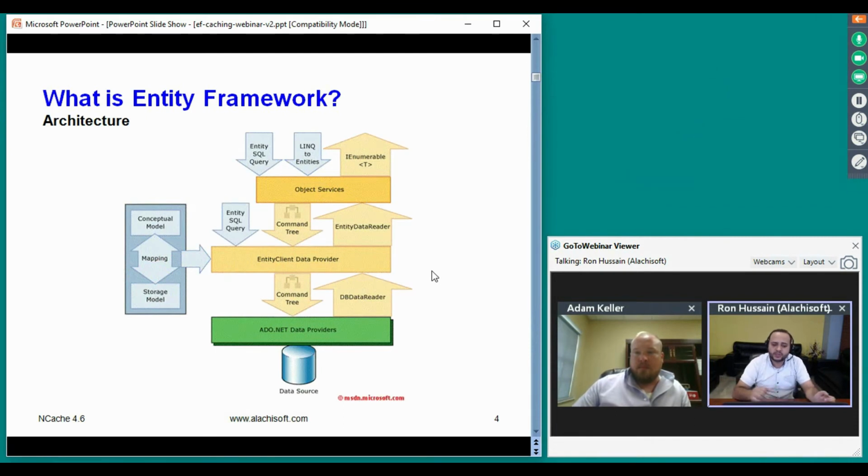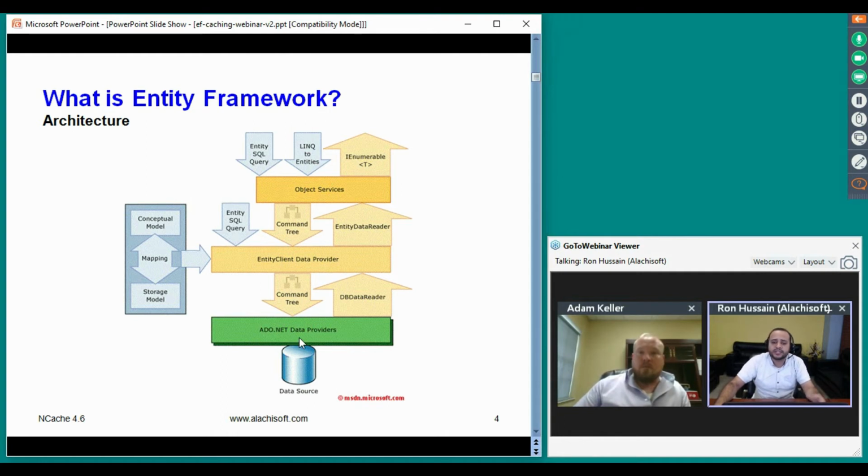Again, some more details on Entity Framework. Entity Framework, again, conceptual model, storage model, and then we have mapping. This constitutes your .edmx file. On your application layer, you would always be dealing with objects, and that's the preferred approach. From there, you would issue a command through object services, through context, which actually goes to the entity client data provider, and typically it's ADO.NET. And that's where you would execute the commands on the database, and then the database would fetch,